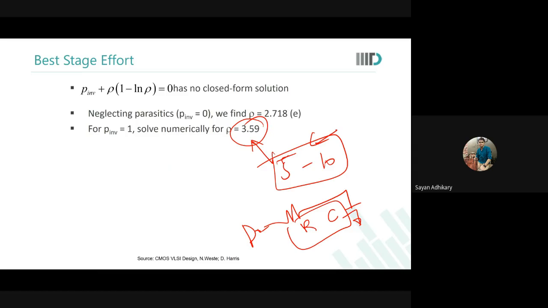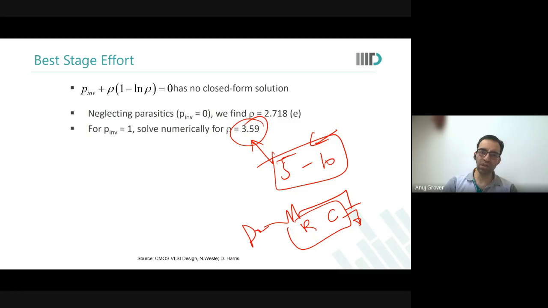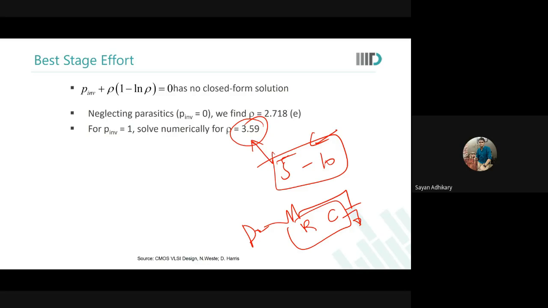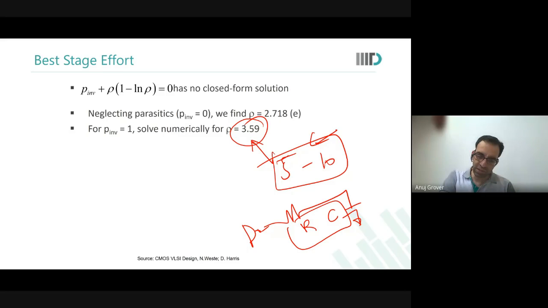Sir, the main motive is that depending on how much my load is, I have to insert buffers, not the delay. All sizing is about how to drive the load well. Is it not? It is always. If we talk about H, H is about C output upon C in. Yeah. H is that function only. H brings in the notion of how big a load I'm worried about or how big a load I need to drive. So delay is dependent on that, na? And if I want to reduce the delay to the minimum level, then I need to consider the load there. How big is the load?